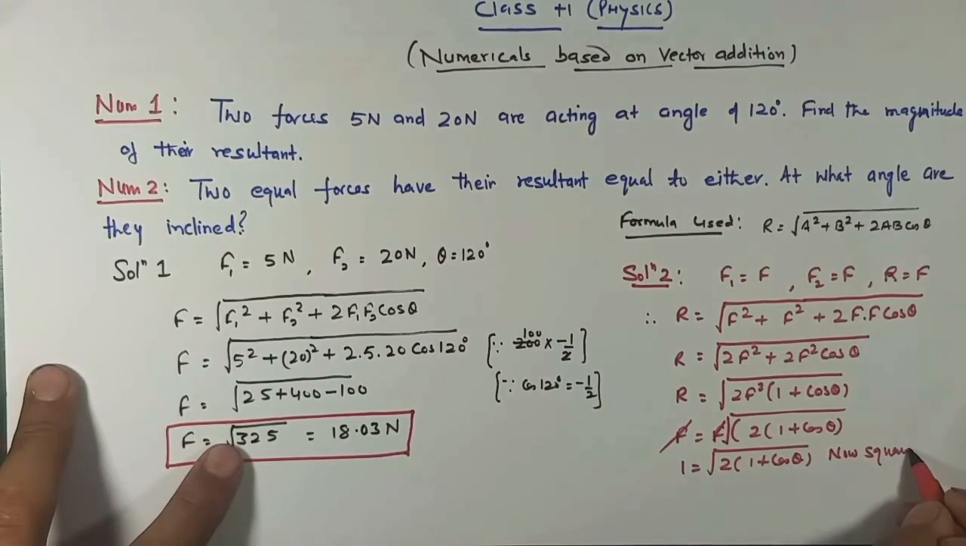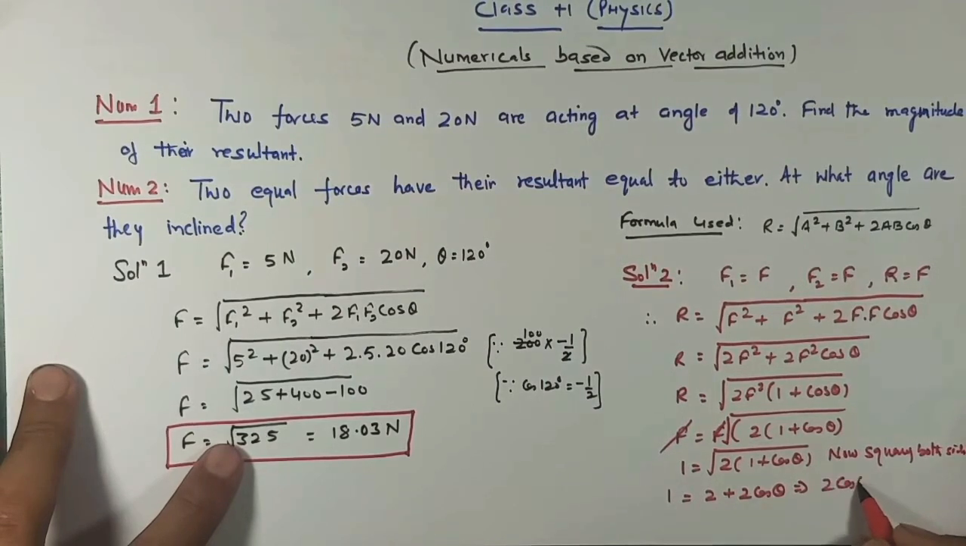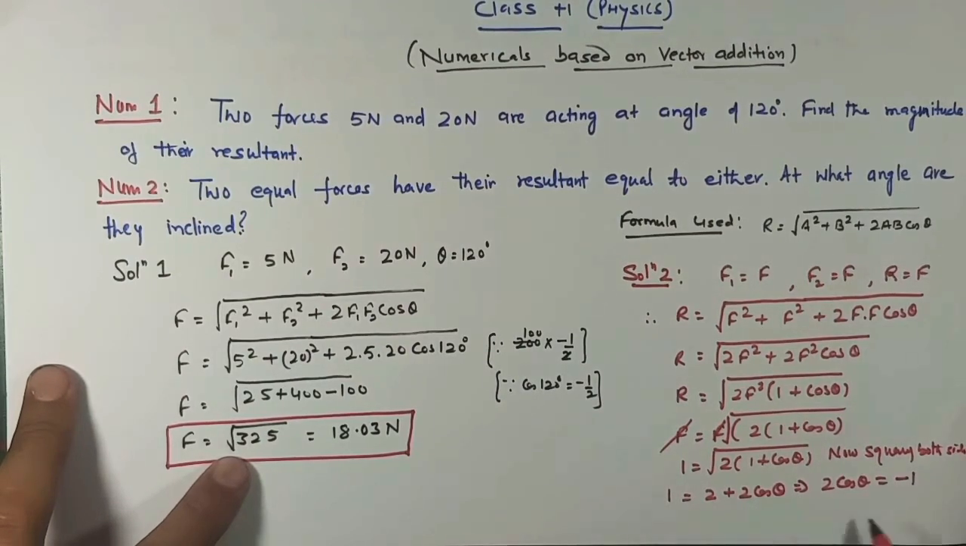Squaring both sides, so what will happen? It comes out to be 1 is equal to 2 into 1, that is 2, plus 2 cos theta. Or you can say it comes out to be 2 cos of angle theta is equal to this goes to the other side and becomes minus 2, and minus 2 plus 1 is equal to minus 1. So cos theta comes out to be